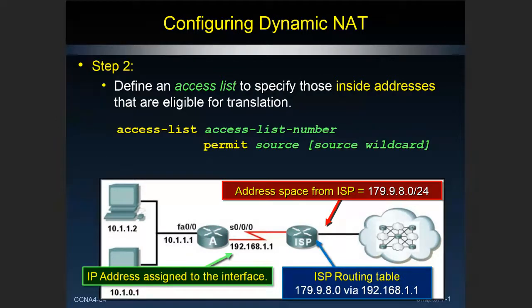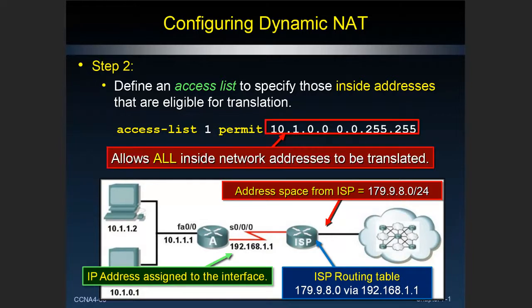So let's make an access control list. It's just a standard access control list because we're just looking for source addresses. So this is going to be an access list: make up a number from 1 to 99, and permit which addresses are being allowed to be assigned to the outside world. Okay, how about this? Access list 1, standard. Permit anybody that's on the 10.1.0.0 network. Look here: the zeros mean must match exactly, and all ones, 255s, mean I don't care. So if your IP address is 10.1, it must be 10.1, and the last 2 octets, I don't care.